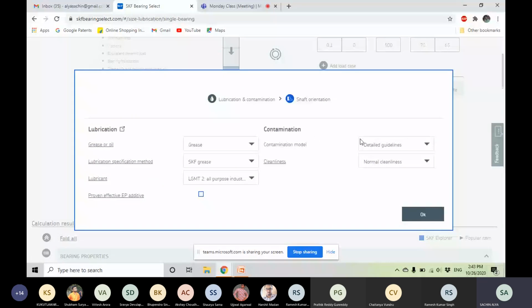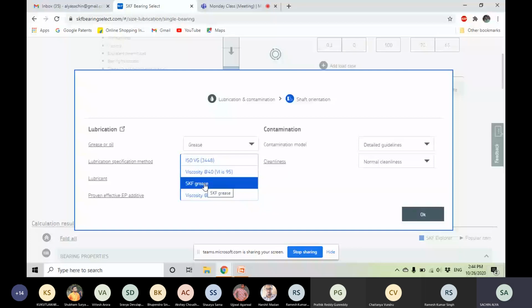For lubrication, we choose what we want to use: grease, or oil without filter or with filter. The second thing is the lubrication specification method. There are various specifications defined for lubrication. We can go for ISO, or we can go for viscosity at 40.